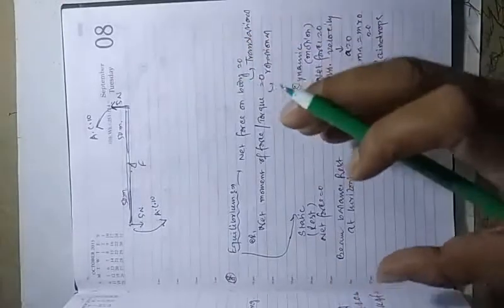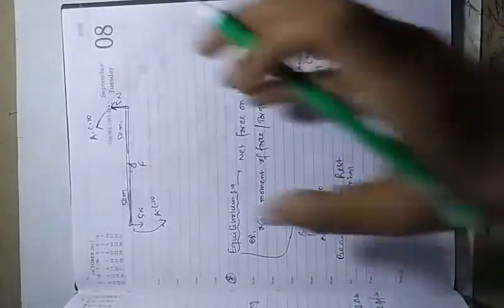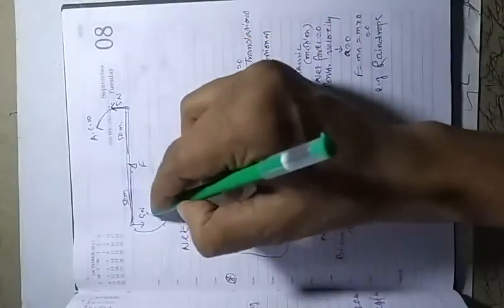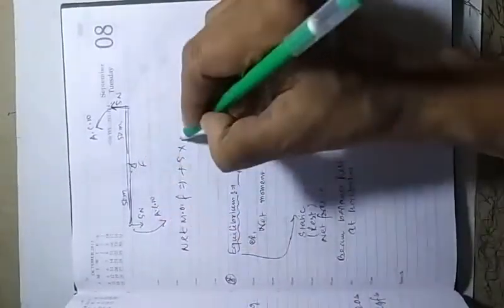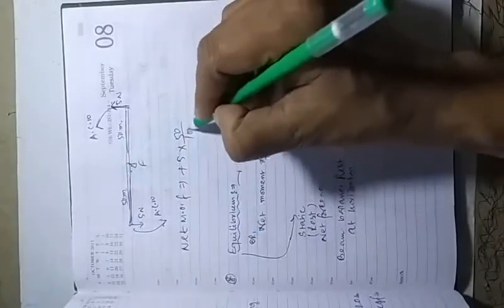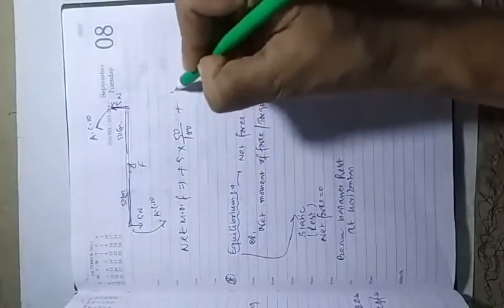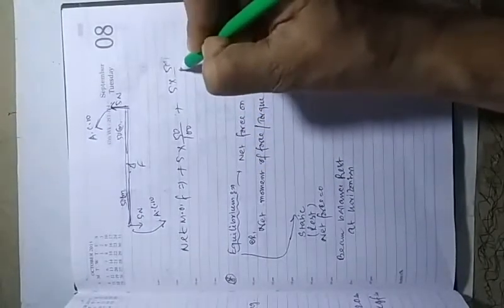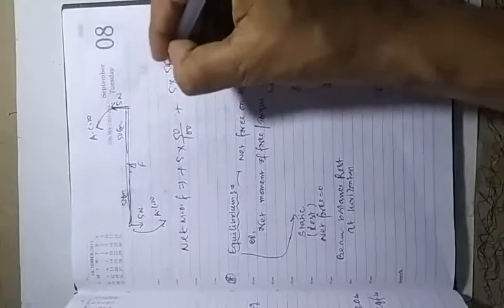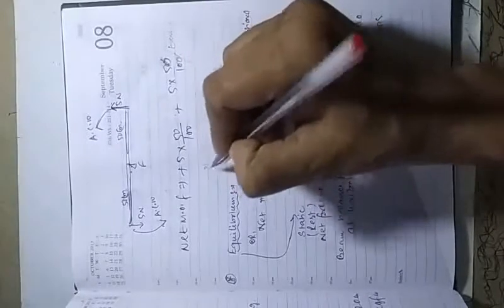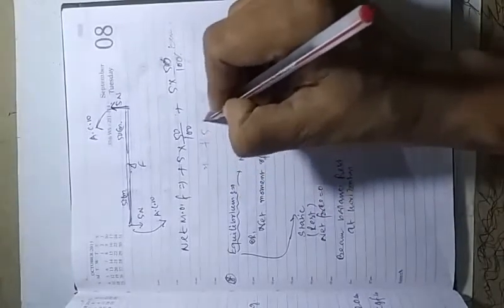Here the moment of force is anti-clockwise in both directions, so the net moment of force will be, both sides anti-clockwise means both sides will be plus. Here it will be force 5 Newton into distance 50 by 100, that will be centimeter in centimeter, students. 50 centimeter plus, similarly, 5 into 50 by 100 centimeter on the right side also. You just cut it, and you get the value plus 5 Newton meter.